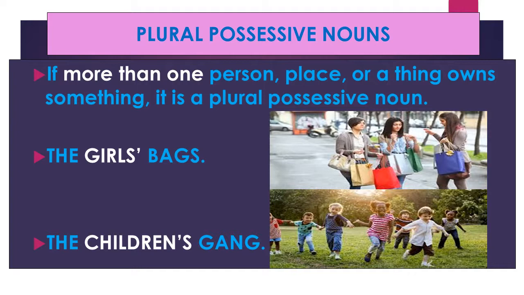So when there is more than one person or more than one thing, that is called plural. Now if you look at the word girls', children, there is an apostrophe after the S, not before the S, like the earlier example. And if you look at the word children's, there is an apostrophe before the S. Let us understand in detail about these differences, children.